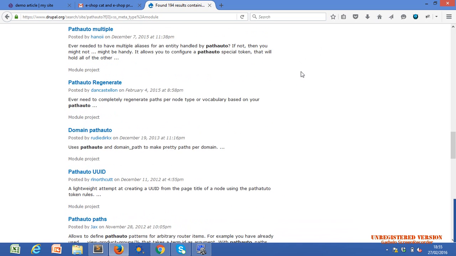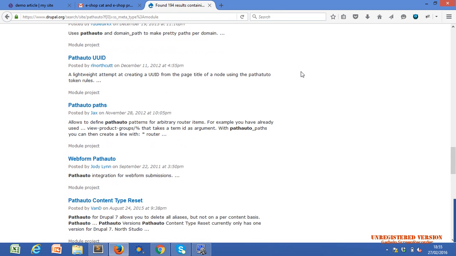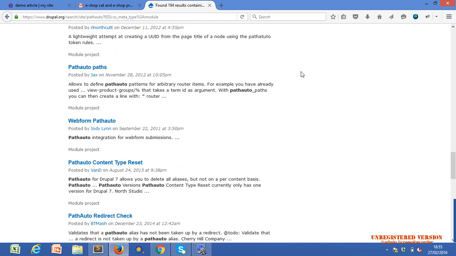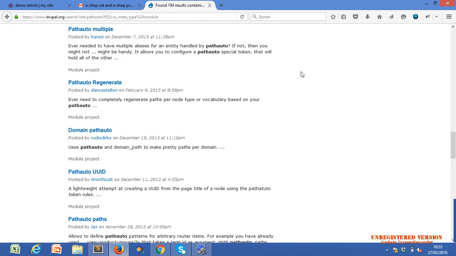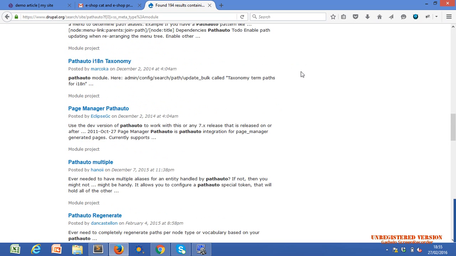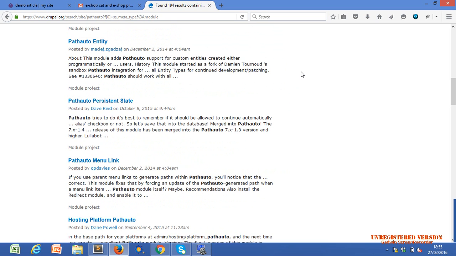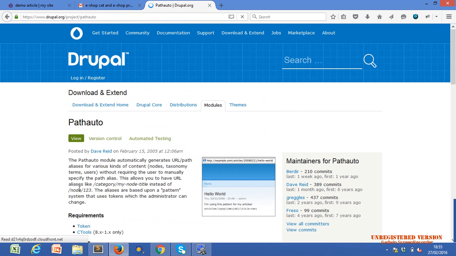Path is available for all our menus and every link. That's why we will add path.